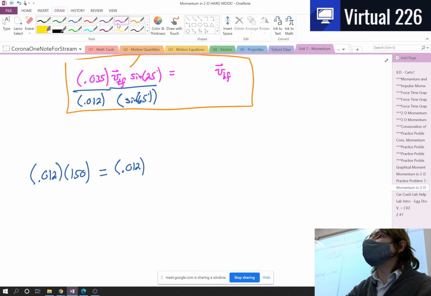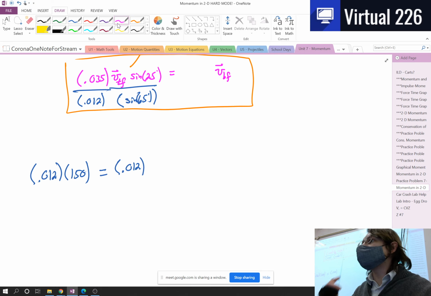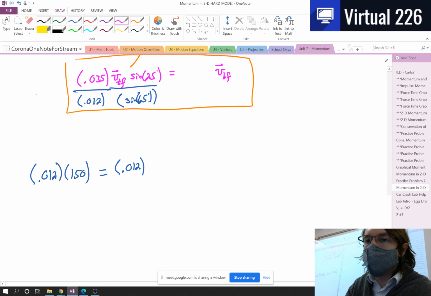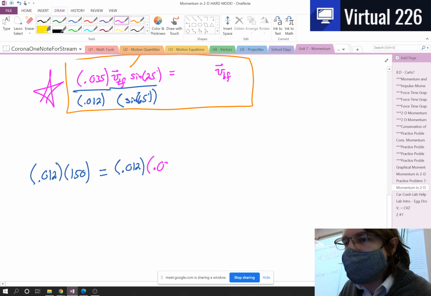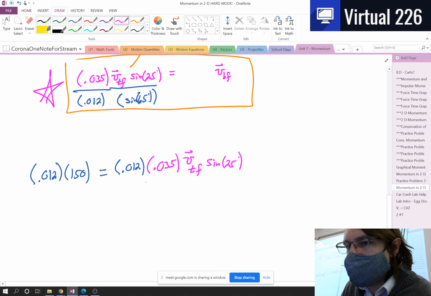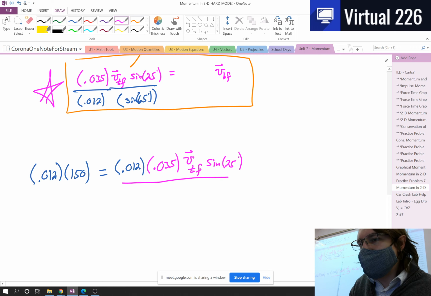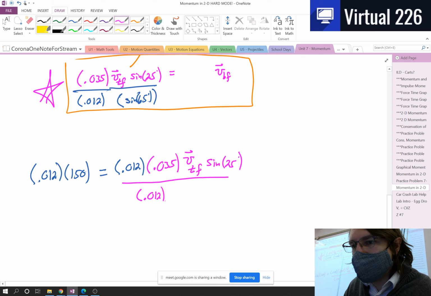And now it's going to be multiplied by the bullet's final velocity, which we know is this right here. So let's write all of this new quantity out. So 0.035, the tin's final velocity, the sine of 25 degrees, and then this is all divided by the